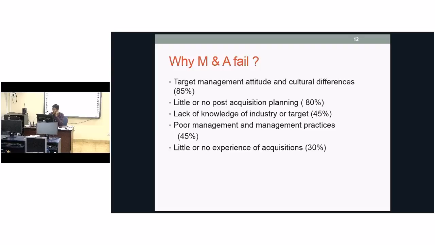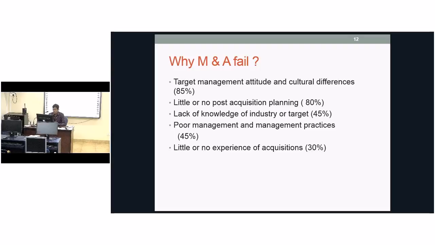Another important thing is lack of knowledge of the industry or target. Now this is, again, a very common reason for a failure. If you take an example, if A is going to decide to take over B, where A does not know about B at all. Now, B may probably be in a different industry. Let's say A is in the construction industry, but B is in the finance industry, the banking industry. So company A doesn't have an idea of how the industry of B works. What are the main traits? What are the attributes? What are the constraints of this industry? What are the critical success factors of the industry? Whether company A has the